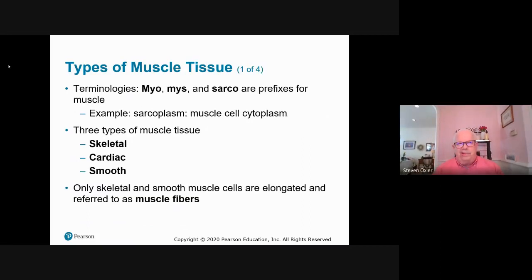So, muscles are very different than other tissues, and they have their own terminology. Whenever you see the prefixes myo, mys, or sarco, we are referring to muscles. An example would be sarcoplasm. Instead of saying muscle cell cytoplasm, we are talking about